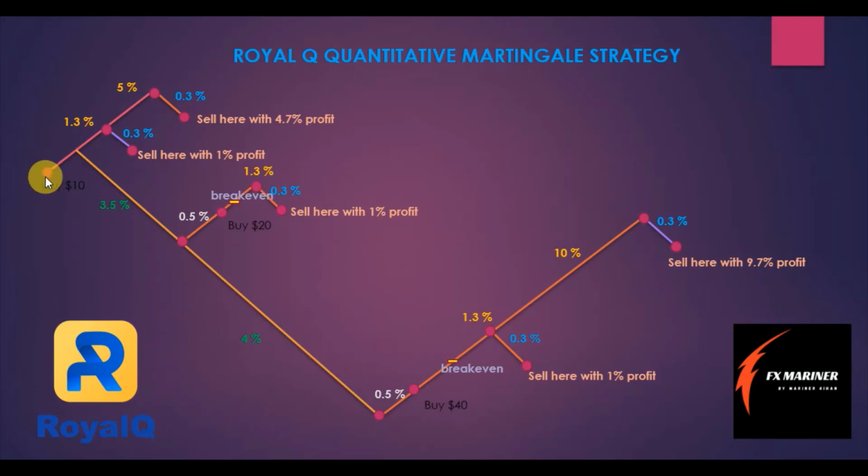This is the first order, this is the second order, and this is the third order. So you can have as many as you like, as long as you have enough USDT for that particular coin to buy, right? So this is how this bot is working.